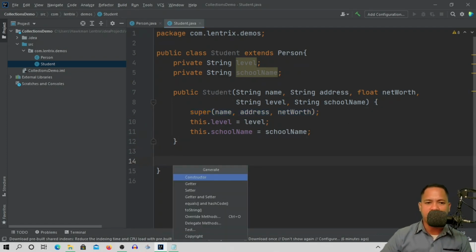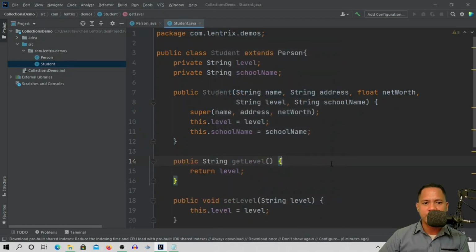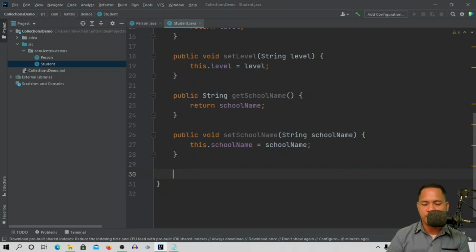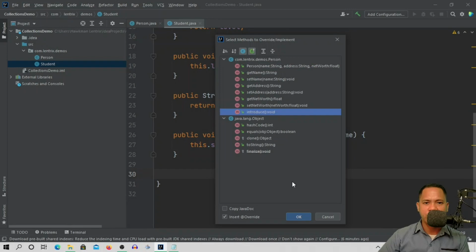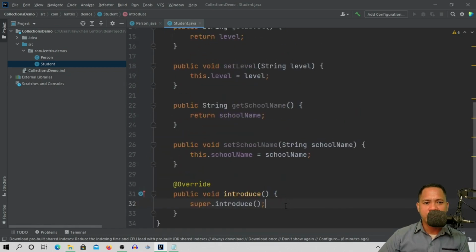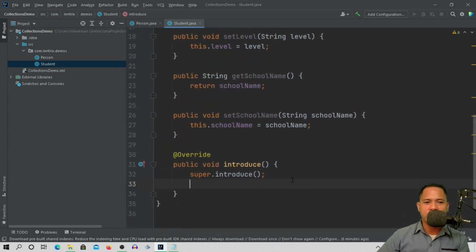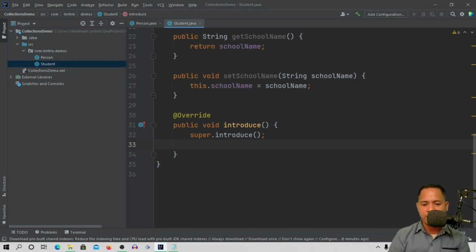Next, we're going to do setters and getters for both level and school name. And then at the end, we'll have an override method for the introduce method. Here, it will introduce itself as a person, but will also mention other facts about this particular entity based on the additional attributes, which are the level and the school name, since this is a student. So we'll do I am